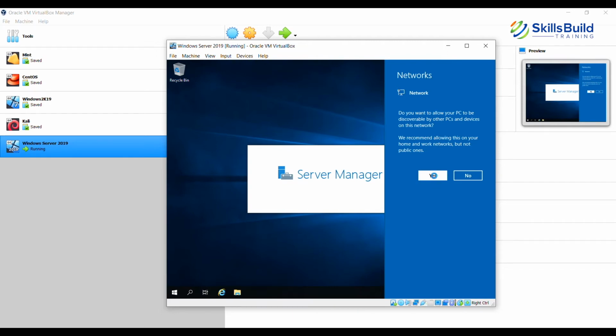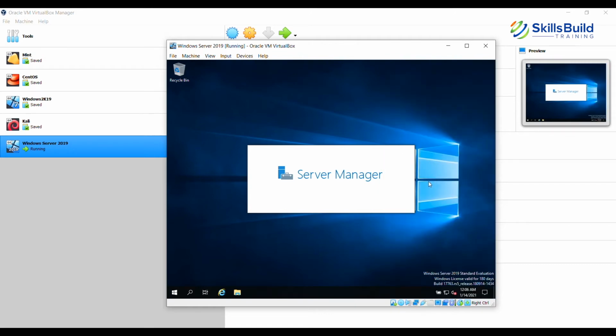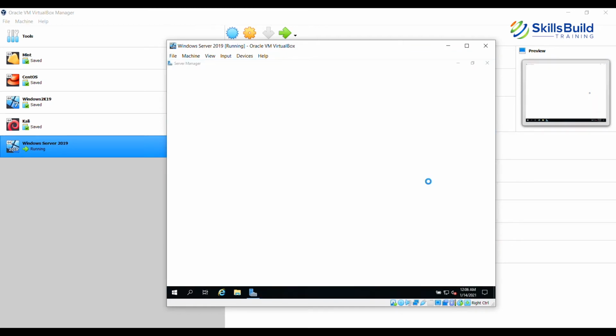I would just say yes. By default, this is the standard behavior: whenever the Windows Server system starts up, Server Manager is the first window you will see. It will automatically start and give you an environment to work with.